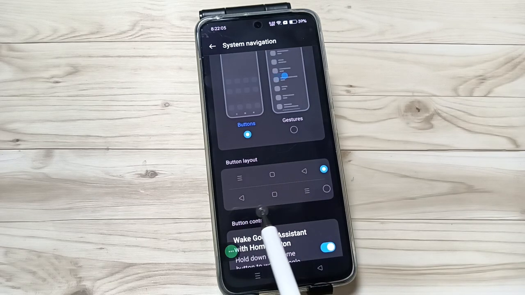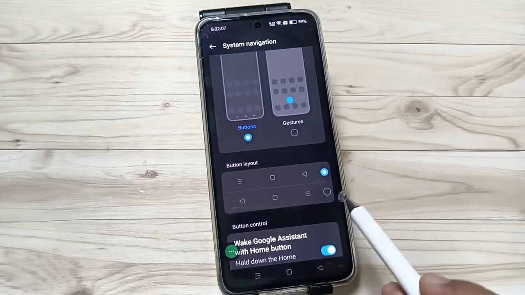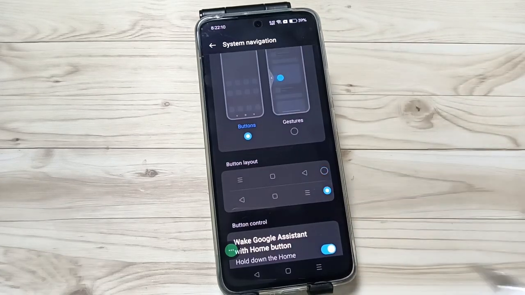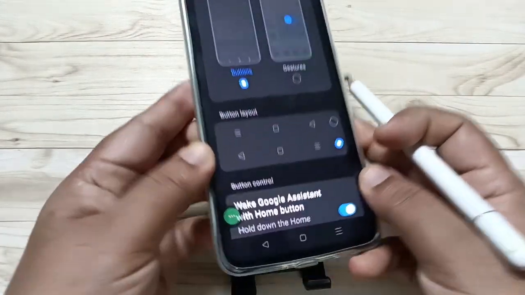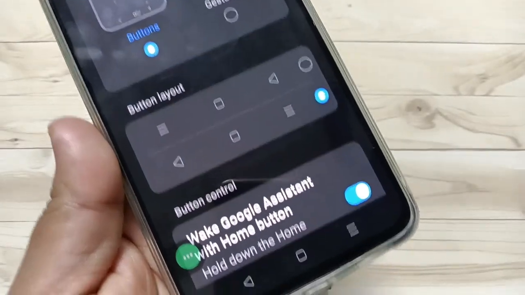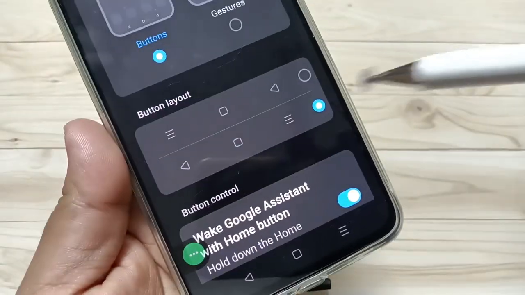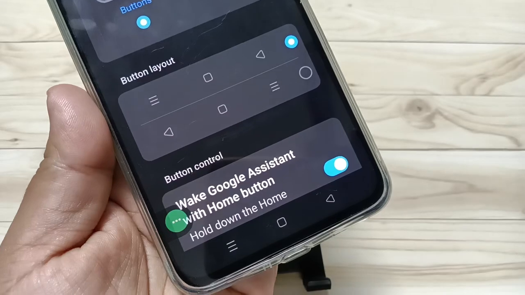So here you can see one more option. So here I am going to select this one. Now you can see the order is back button, home button and the recent button. So I will show the closer view, then you can see, right? So if I select this one, now you can see